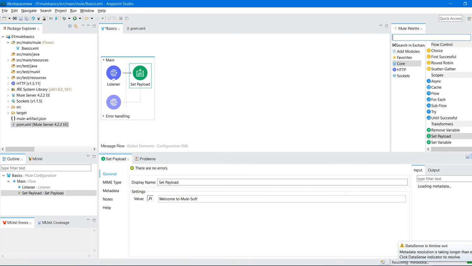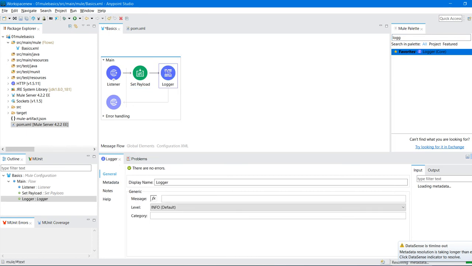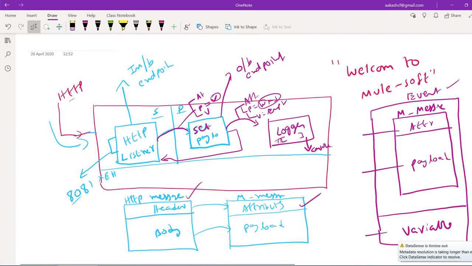Next, as for the use case, I will use a logger after this set payload, and here I'm clicking on this expression mode. As I said, for payload press control space. Your intelligence window will work and will give the keywords of a DataWeave expression. Now it's a payload. It is extracting the value of the payload. Actually, there will be a queue in between internally. It will keep all the events in some internal queue. Whatever you write here, a payload, it will extract the value from the queue.